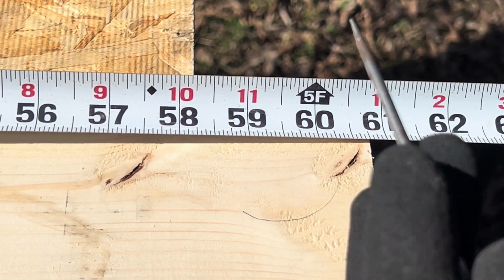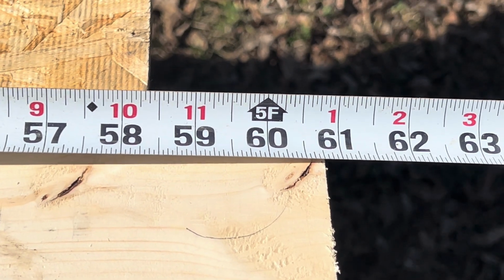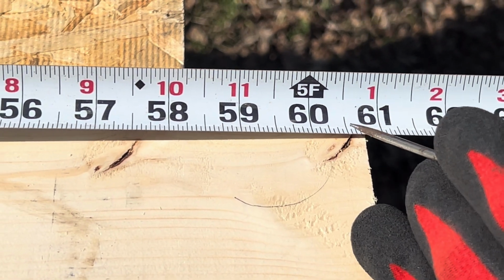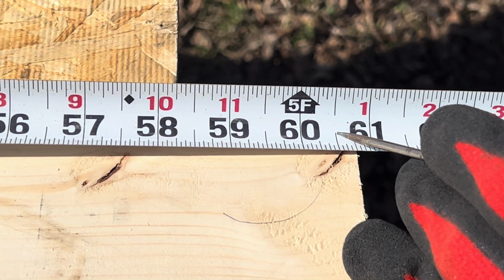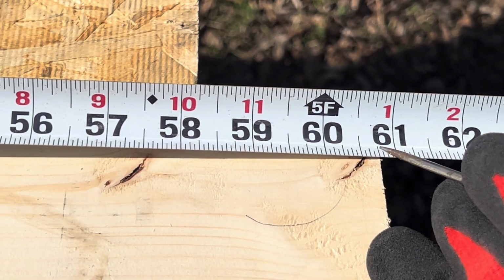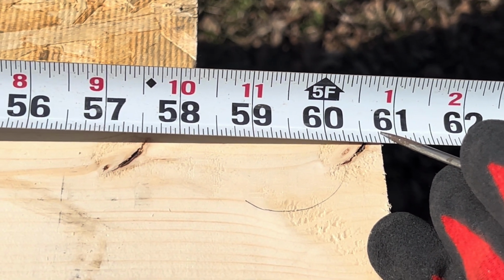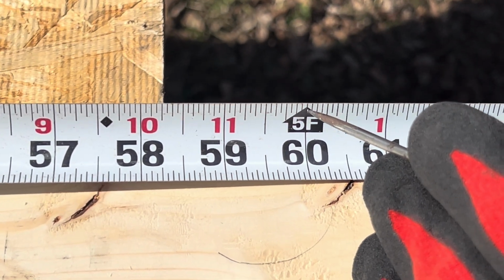I also can identify this as I get better at reading my tape measure. I can identify this just by looking at the length of my hash marks. So this is my longest hash mark, which is 1/2 an inch. This is my next longest hash mark, okay, which is the 1/4 inch hash mark, and it's 3/4. So my length is 5 feet,